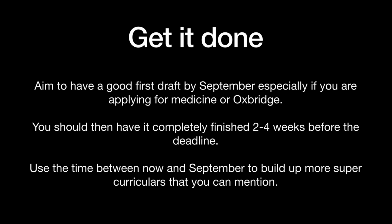The next thing is that you want to get your personal statement done early. By this I mean you don't want to be doing it a couple of weeks before the deadline. But equally, I know a lot of people are panicking at the moment, we're kind of mid-July, because they don't have a really good personal statement. To be honest, you don't need a good first draft until September. And that's more for if you're applying for medicine or Oxbridge, so your deadline is the 15th of October,